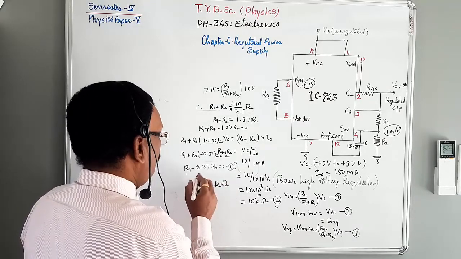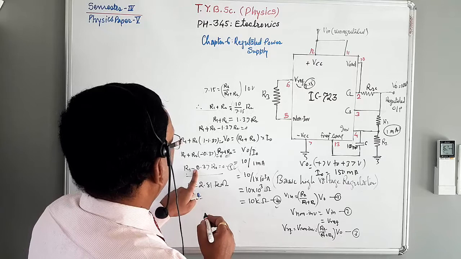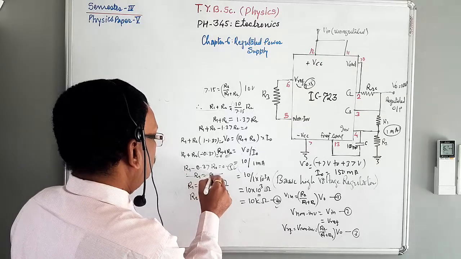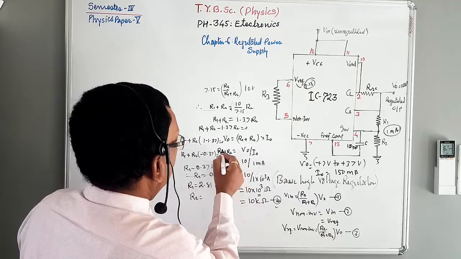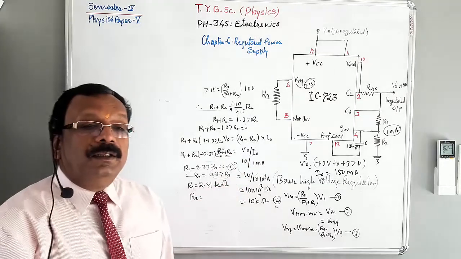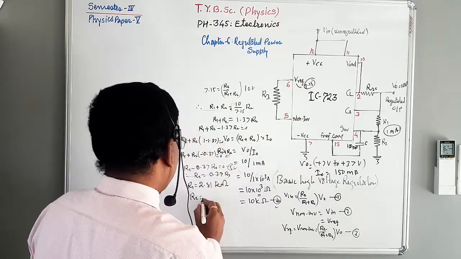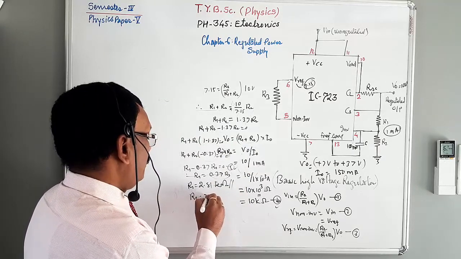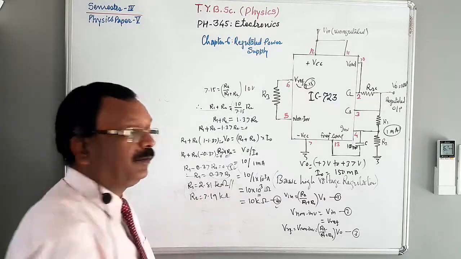And R2 is equal to... when we solve this, what do we have to do? We can substitute the value of R1 from this equation, R1 is equal to 0.37 R2. Substitute this R1 in this equation and calculate the value of R2. Then substitute this R2 in any one equation we have. This is R1 and this is R2. R2 is equal to 7.19 kilo ohm. These are the values of R1 and R2.